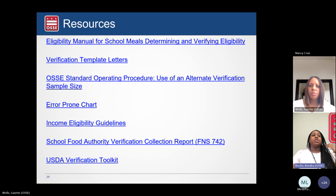On this slide, we're showing a bunch of resources that can be used to ensure that verification is conducted completely and that all forms are completed correctly. We encourage you to please utilize all the resources listed on this slide. We have the eligibility manual for school meals, the verification template letters, which is on our OSSI website,